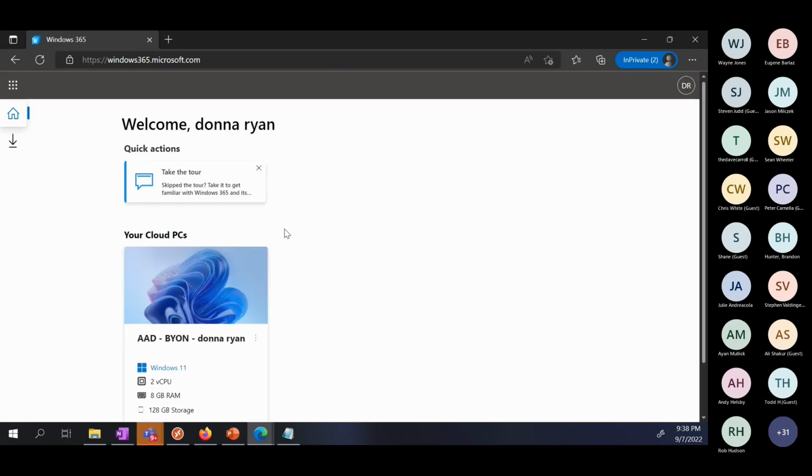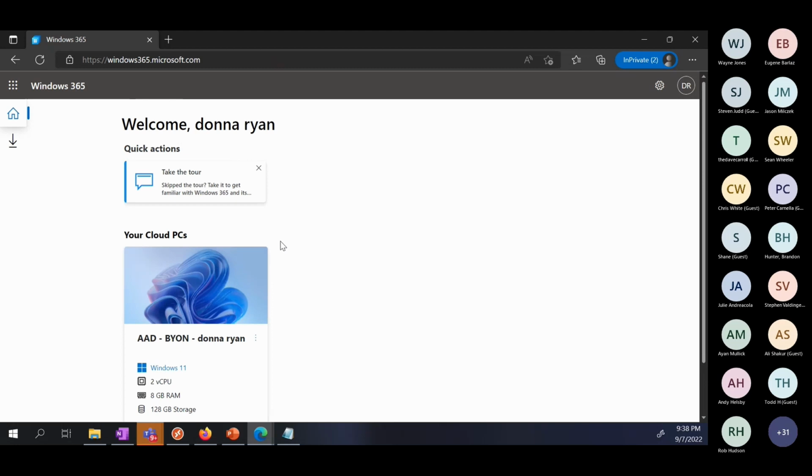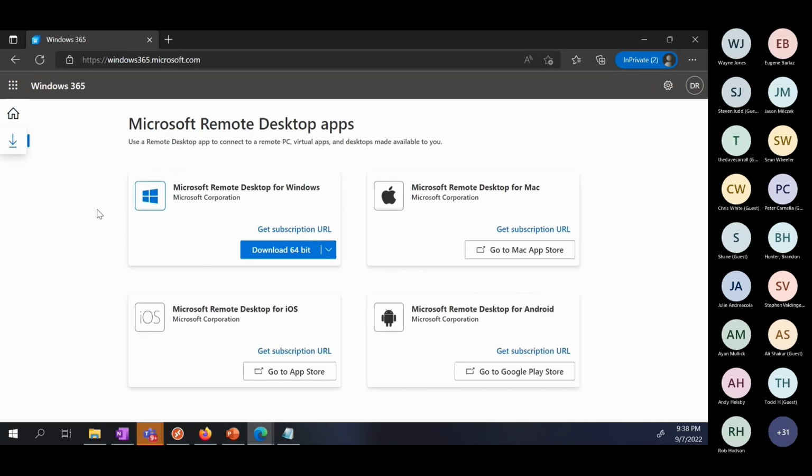On the user's first time, the take a tour is going to pop up and show them where these buttons and such live, which is kind of nice for the users. But besides just the web portal, we also have clients. If we hit this button, we now have links to all of our supported native operating system clients.